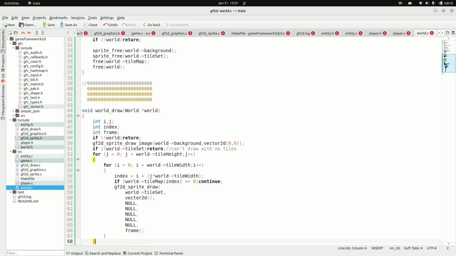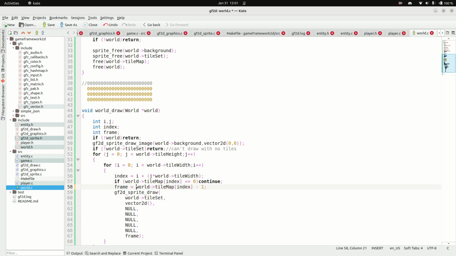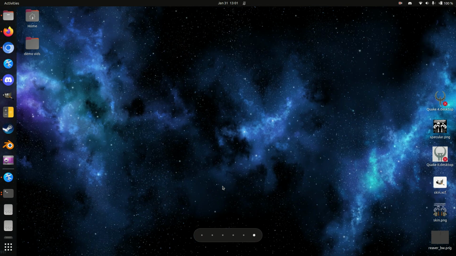Otherwise, what I'm going to do is draw the frame. Now the frame is going to equal my index minus 1, because my frame is going to be based on a tile map that I'm going to make real quick